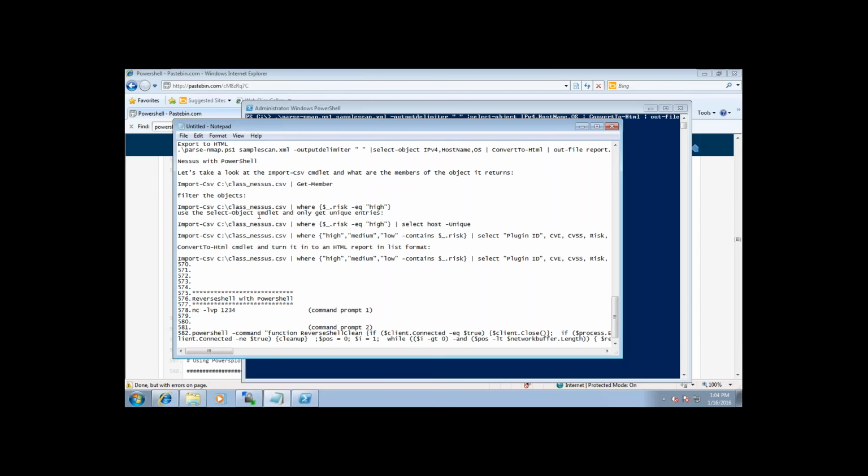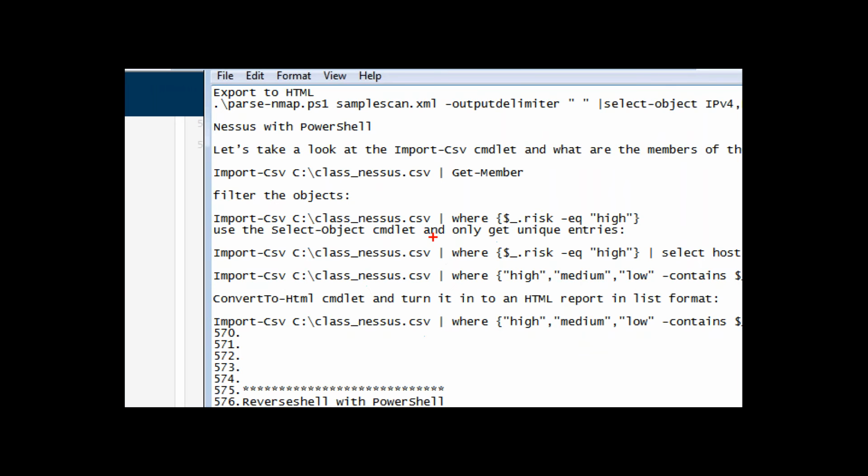Okay, in your folder, in the root of your C drive, you're going to see a file called class_nessus.csv. It's a Nessus file that I created in a class I was teaching maybe a year or two ago. What I like about it is, let's say you ran your Nessus scan and you exported Nessus to a CSV. What you can do